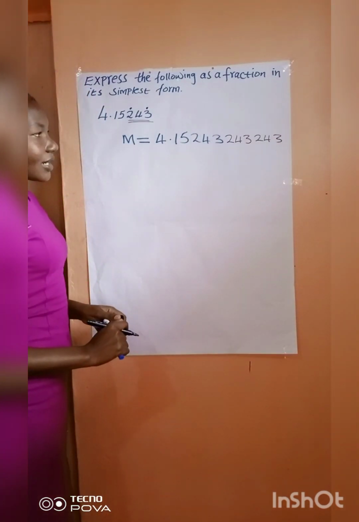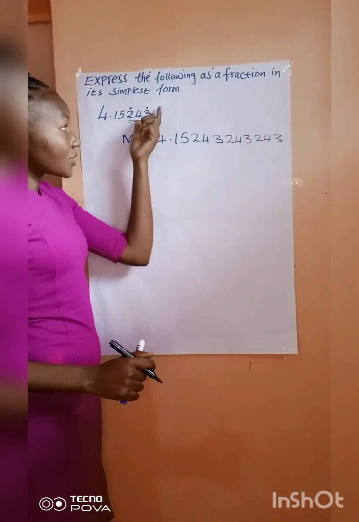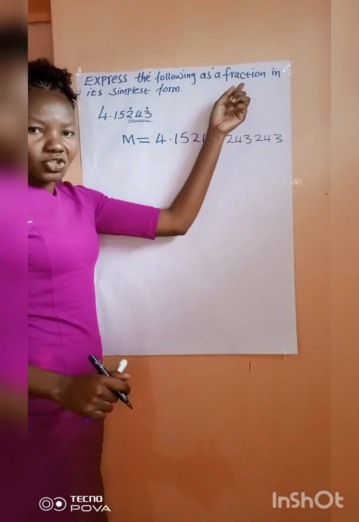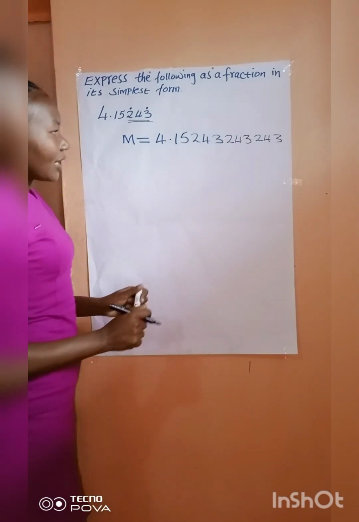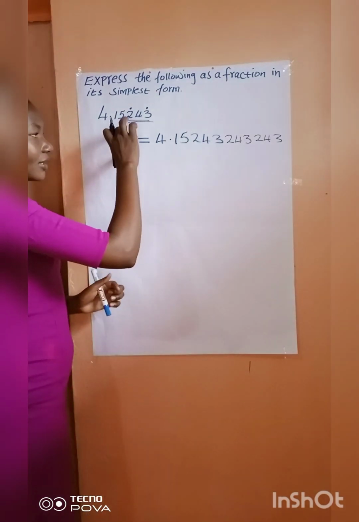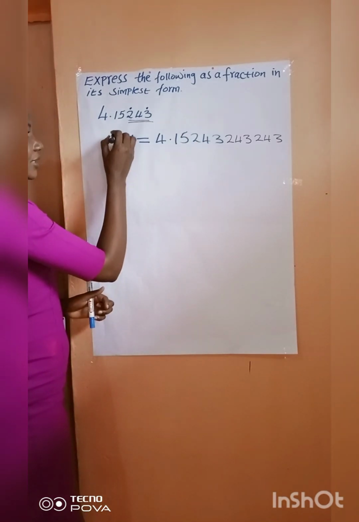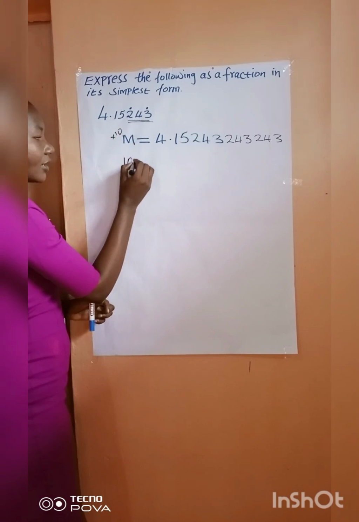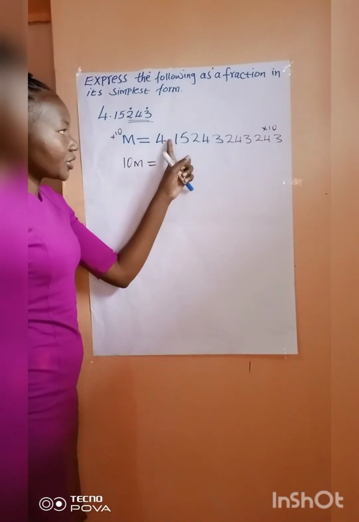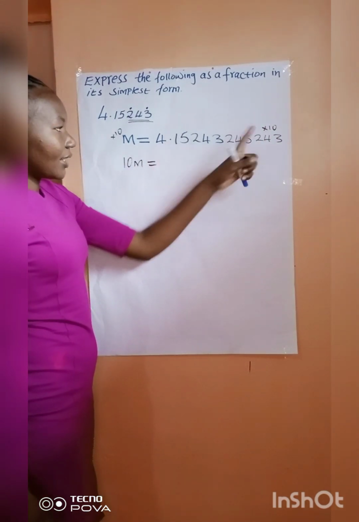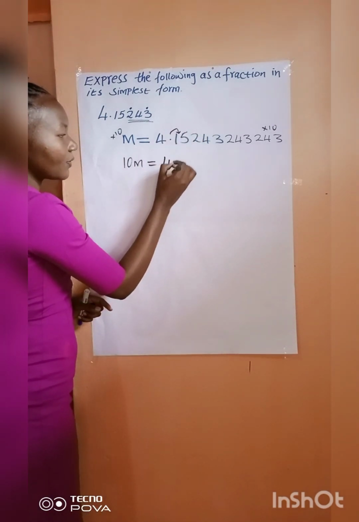Then after that, I want to eliminate the decimals because that is the only way I can express this number as a fraction, by eliminating the decimal part first. And to do that, we multiply this side by 10 and this other side by 10. So if I multiply by 10 here, I'm going to have 10m equals, and the decimal point will shift towards the right side, but just once. So we'll be having our decimal here, giving us